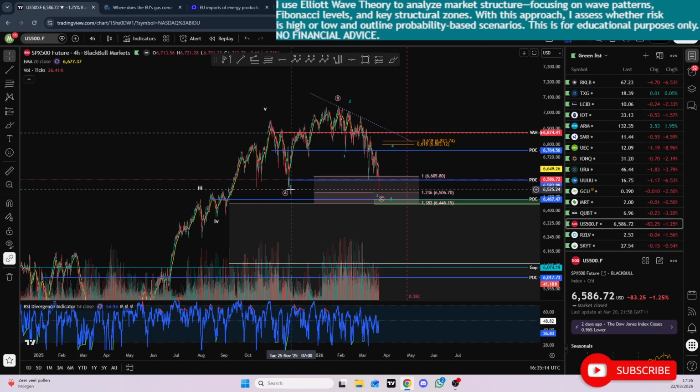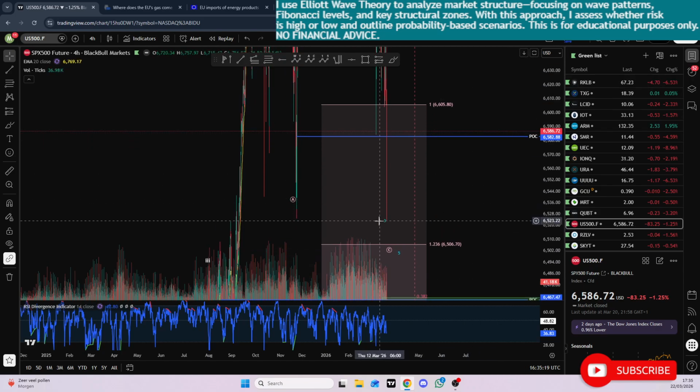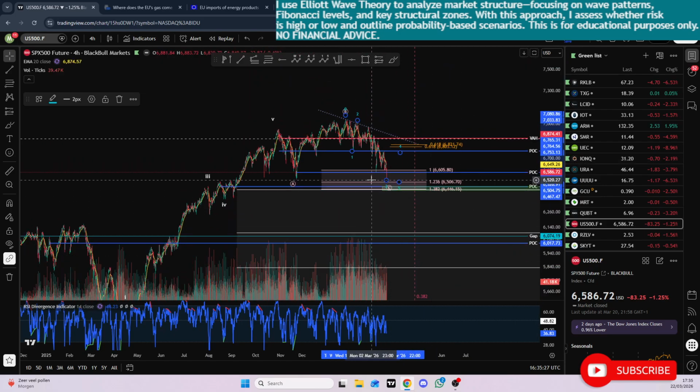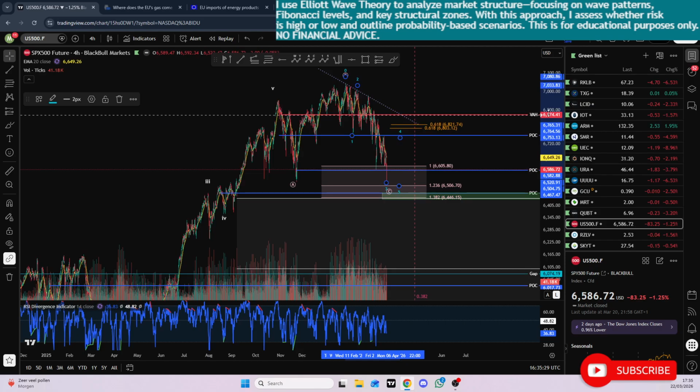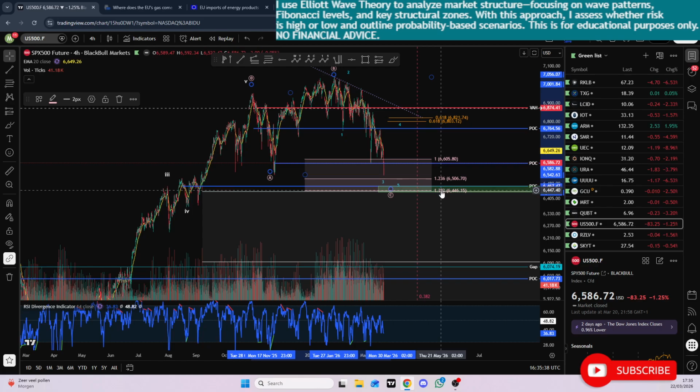We also here took the A wave low by just a very slight bit, as you can see. Okay, the low is here and we wicked below it. So I'm happy with that as well here. The C wave took the A wave low. We crossed the 1-to-1 already, taken from this A to the B. But of course, this can also move down more. The C wave can go to the 1.236, the 1.382, and even the 1.618, which is a little bit more to the downside here.